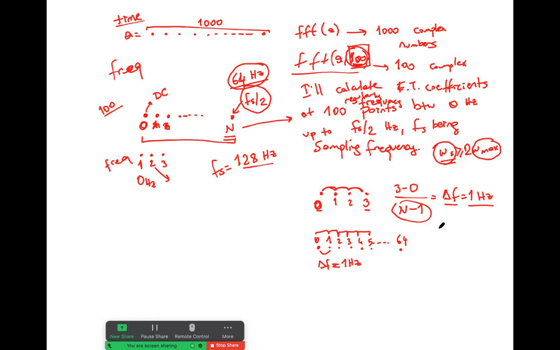So if I say 64 minus 0 divided by n minus 1 is equal to 1, which means 64 is equal to n minus 1, which means n is 65. So if I want 1 hertz interval between frequency calculations,